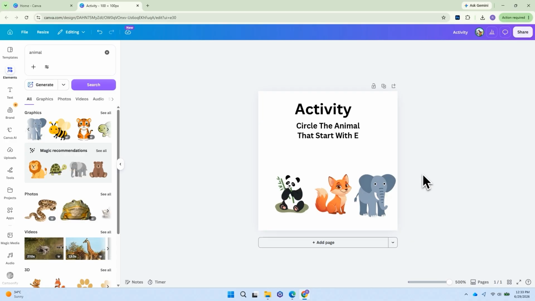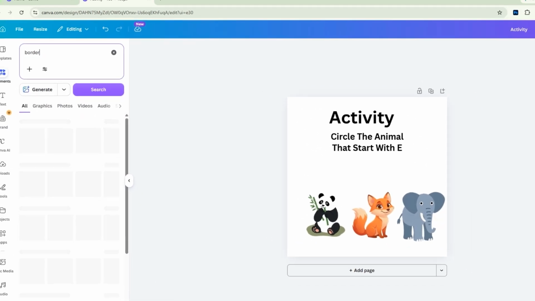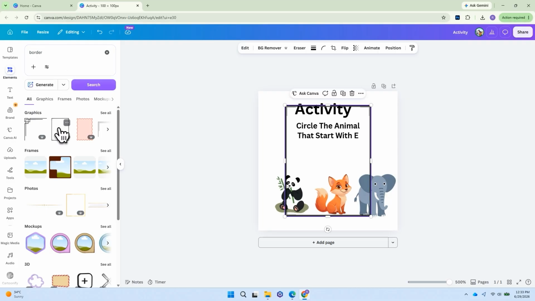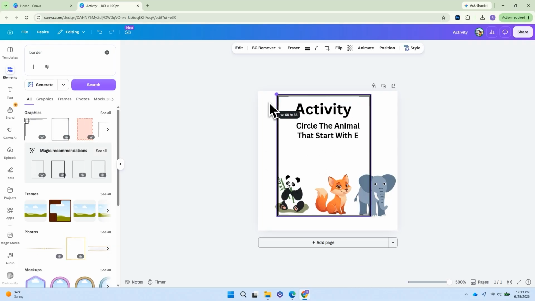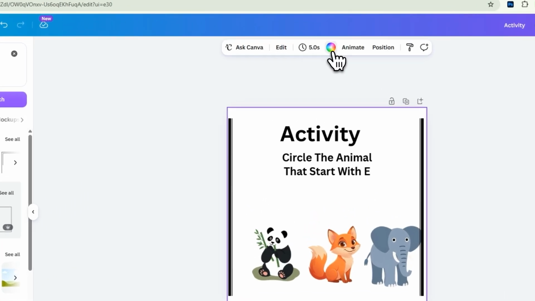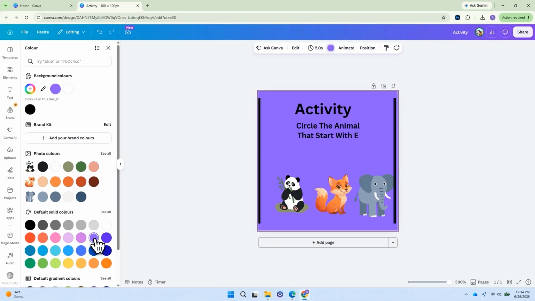To make the worksheet look more professional, you can also add a border. In the Elements section, search for border and choose a design you like. Resize it so it fits neatly around the page. If you'd like to make the design even more colorful, click on the page background and choose a different background color from the toolbar. A bright but soft color can make the worksheet more engaging for children while keeping the